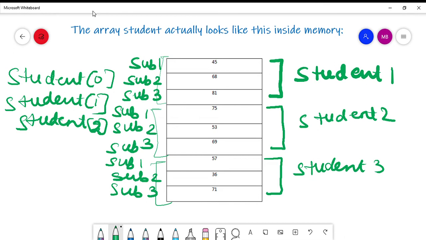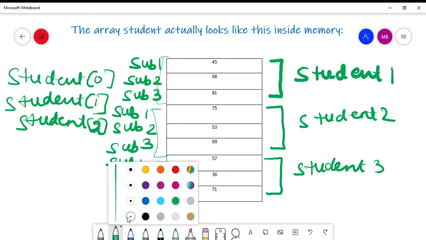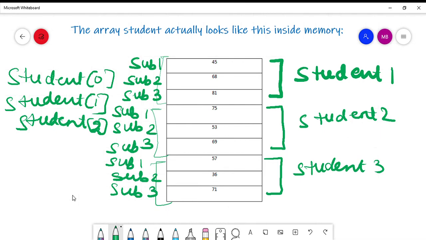So that means here how would you access the arrays? In the same manner, the only difference being that here you would use the dot operator. Suppose you want to access the marks of the first subject for the first student. How would you do that? If I am talking of the first student, the indexing would start from 0.